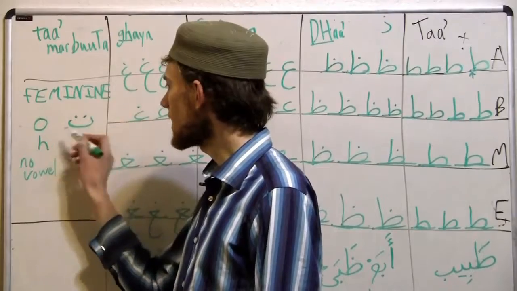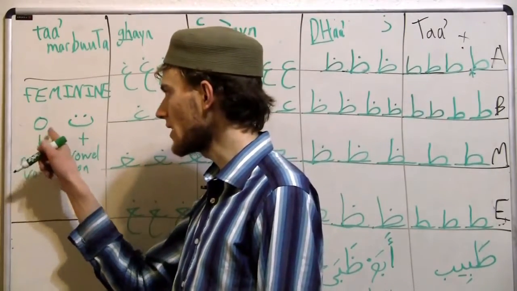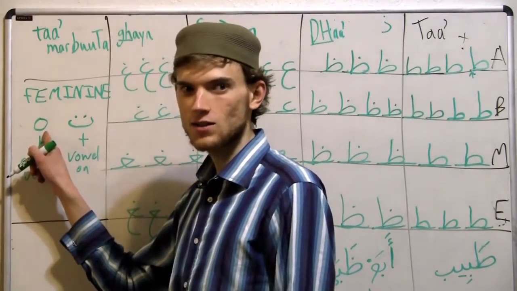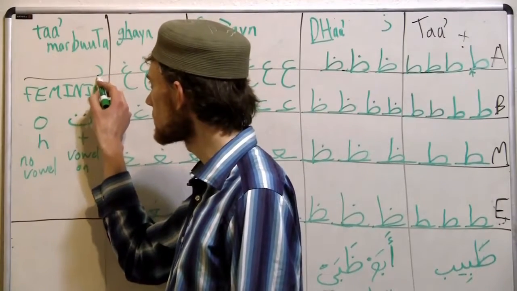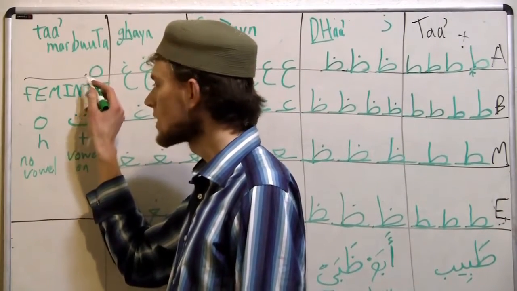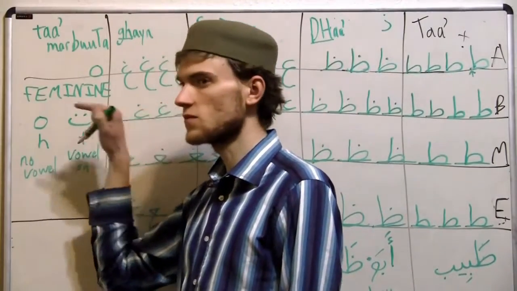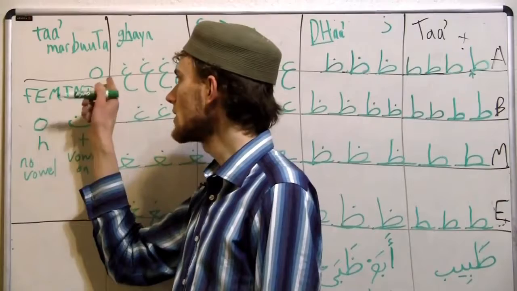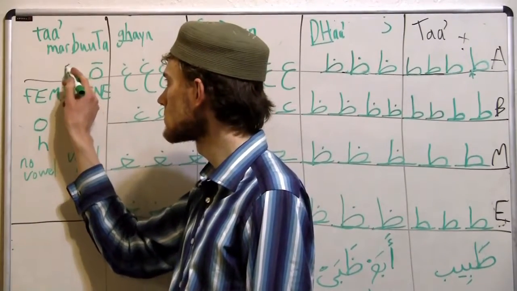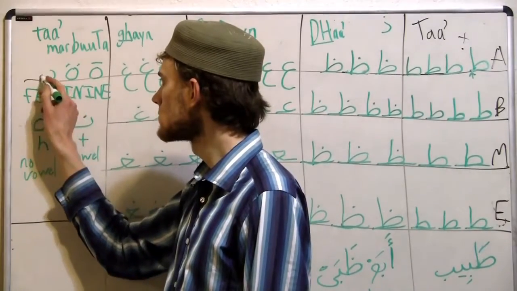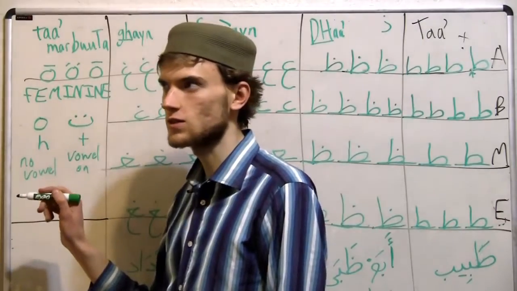Okay, so how does it look? It's a combination between the ha and the ta. Basically, it's a ha with two dots. So even though we haven't learnt the ha, this is what the ha looks like alone. It's just basically a circle that we start at the top. Circle like that. So when there's no letter connecting before the ta marbuuTa, it looks like this. And it has two dots on the top. That's how it looks. Like a circle with two dots on the top.